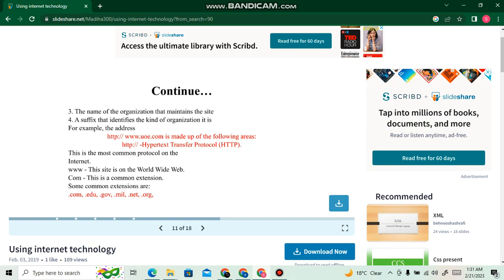HTTP, hypertext transfer protocol. This is the most common protocol on the internet. www. This site is on the World Wide Web. This is a common extension. Some common extensions are